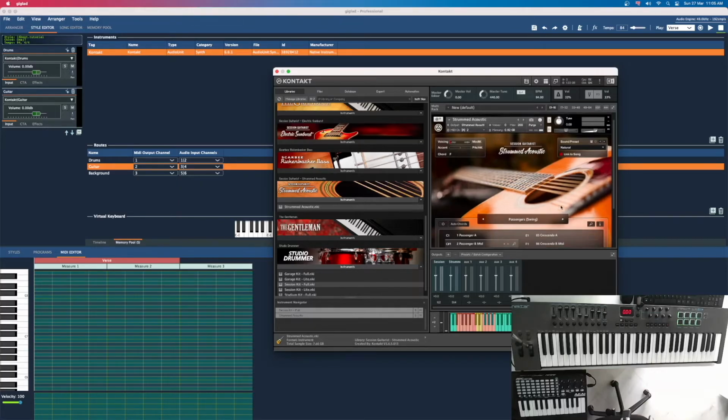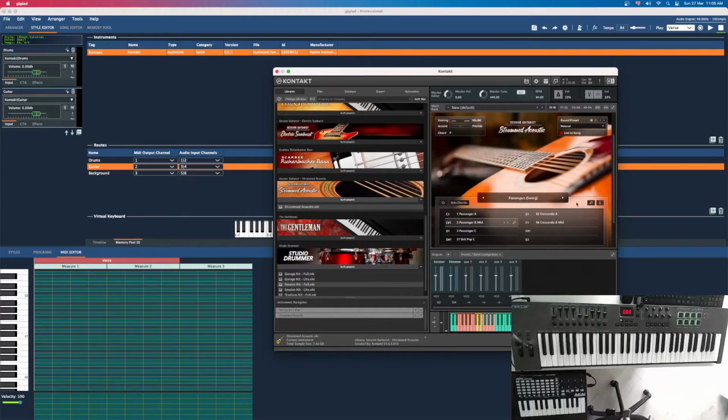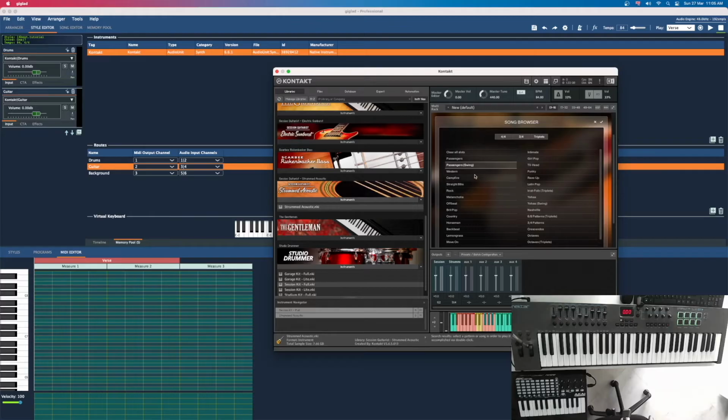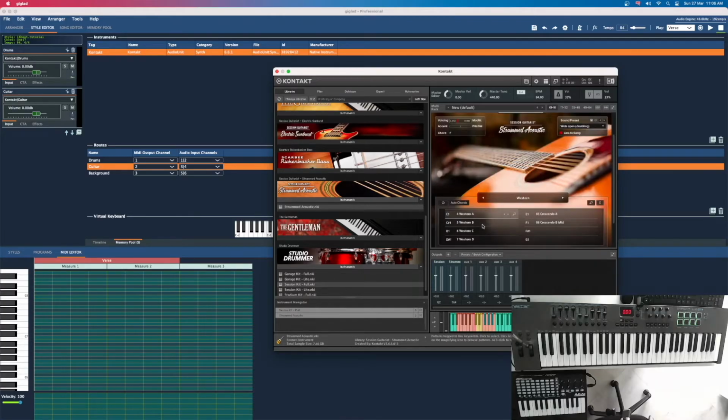I'm not going to explain how this plugin works. You can learn about this in giglad, but I'm gonna select something that I want. Let's listen. Okay, it's good. So I have the pattern I want, and now I need to add my notes in the